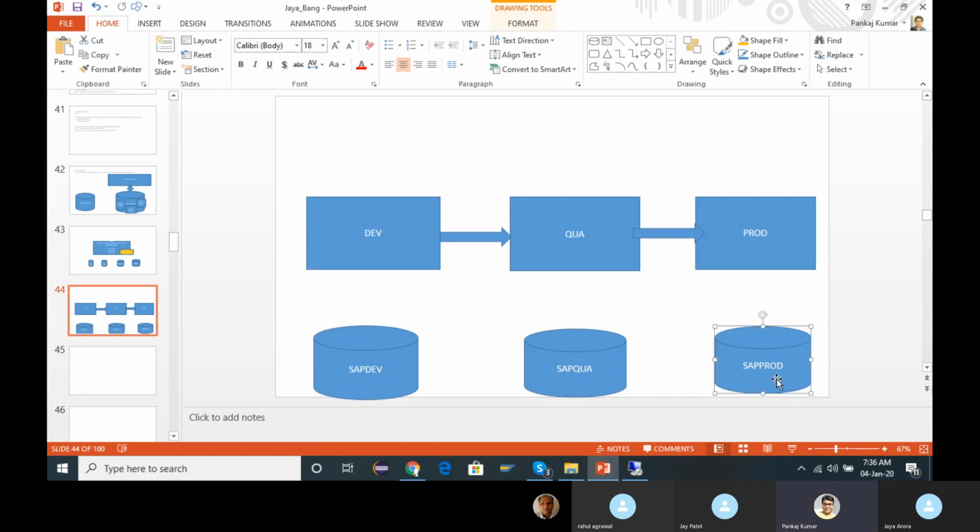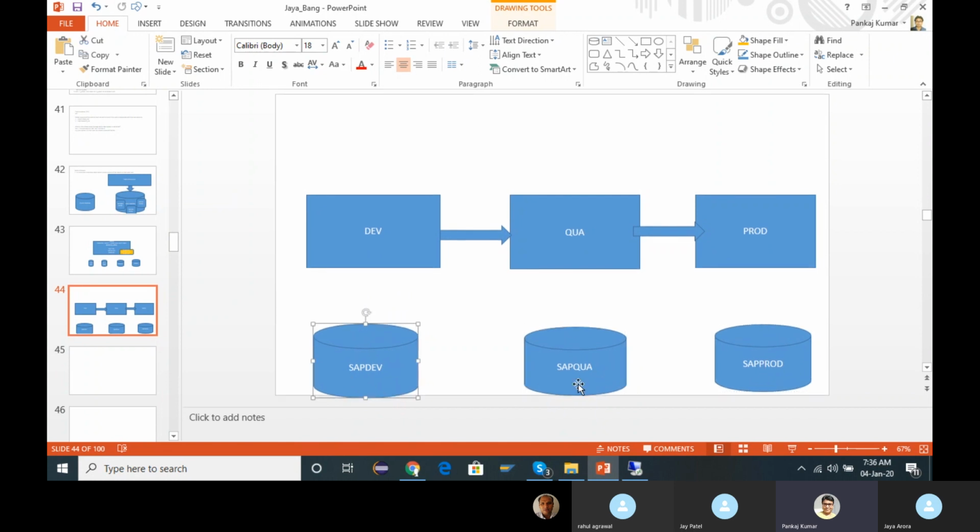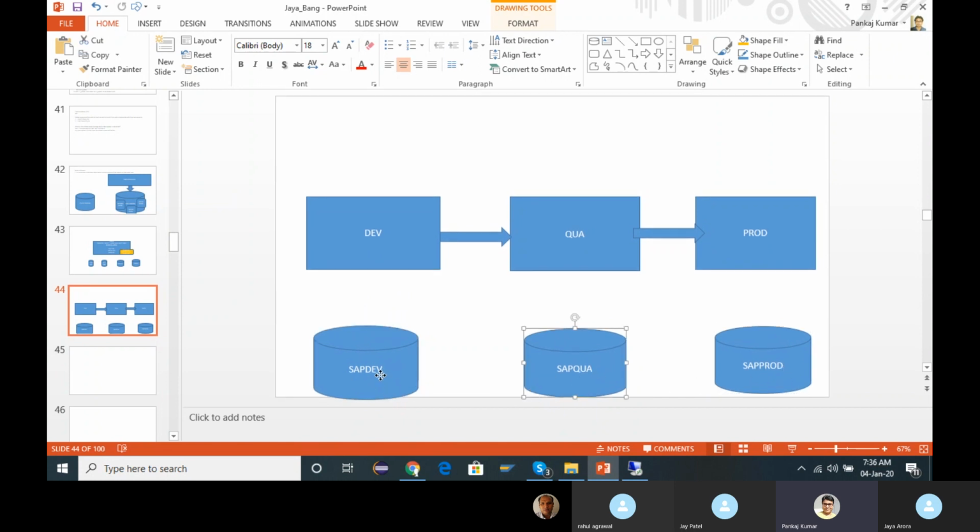Are you getting the problem, the practical challenge when you do the transport? When the schema name is different, there will be a challenge. How do we get rid of that challenge? How do we solve that problem?